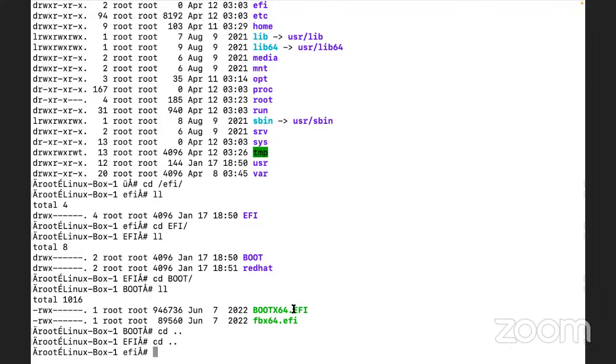What is EFI? Yes, guys, what is EFI? Actually, it is Extensible Firmware Interface.